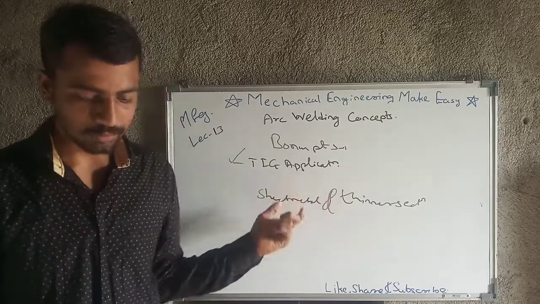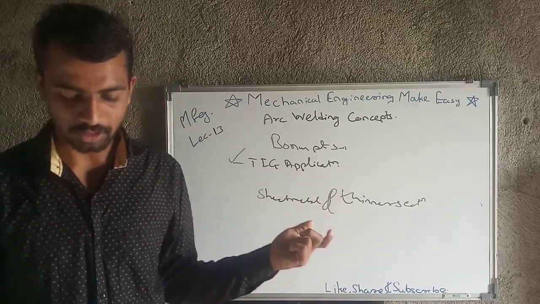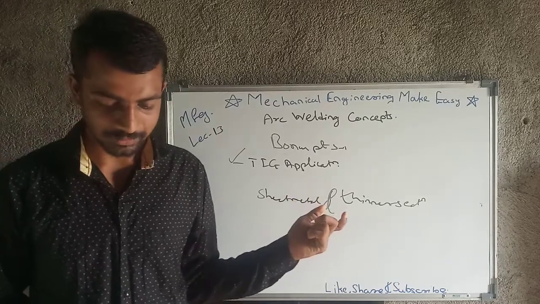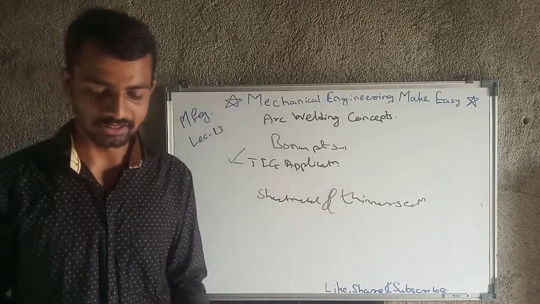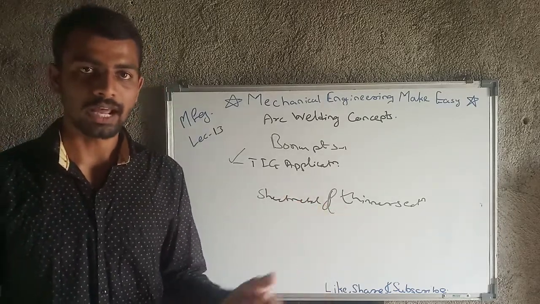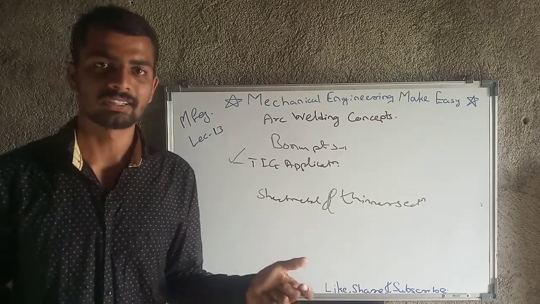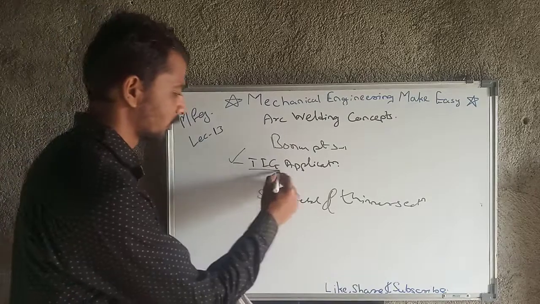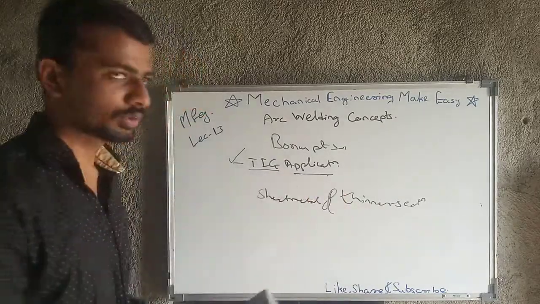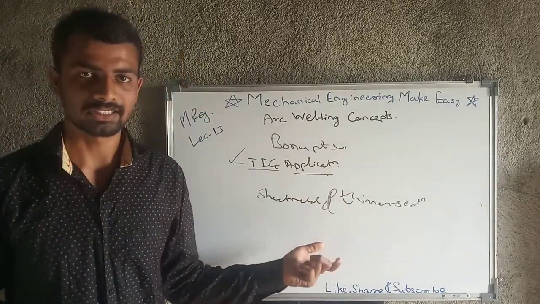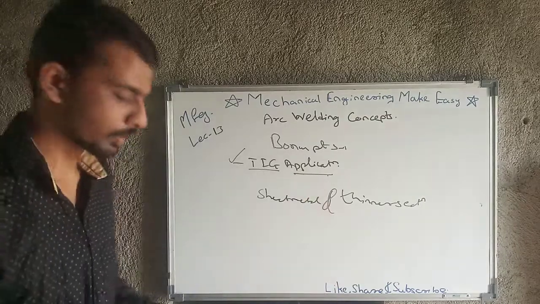Then next is aluminum, magnesium, copper, nickel, and alloys of these metals and alloys of stainless steels etc. Copper, aluminum, magnesium etc., then steels and alloys of all these metals, we can use TIG there. Okay, TIG we can use in aluminum, copper, magnesium etc., and steels and their alloys also.